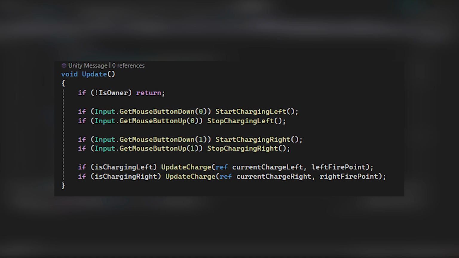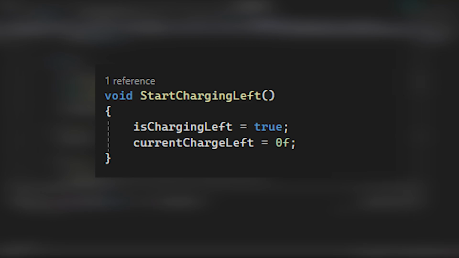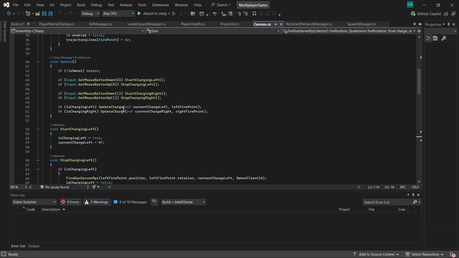The StartChargingLeft and StartChargingRight methods initiate charging for the respective fire points. If isChargingLeft equals true and currentChargeLeft equals 0f, it resets and starts charging for the left cannon. And if isChargingRight equals true and currentChargeRight equals 0, it resets and starts charging for the right cannon.